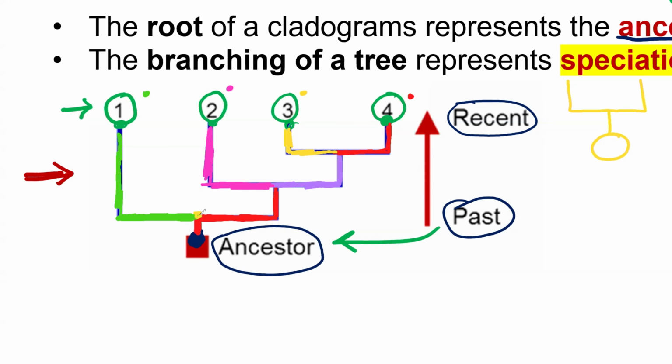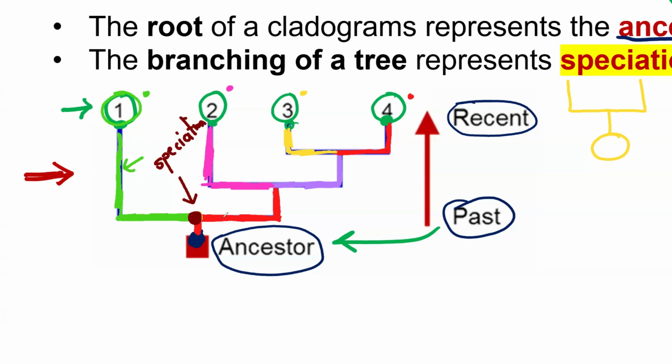So this branching here, I'm using different colors to show you guys that this branching that is happening here, or this separation of these two lines here, it shows that there is speciation. It's a speciation event that is occurring. When we talk about a speciation event, it is an event whereby one population or one species is forming two different species. So in this case, the species that were formed initially from this ancestor are this green species, which is descendant number 1, and this red species, this one, which is not labeled.